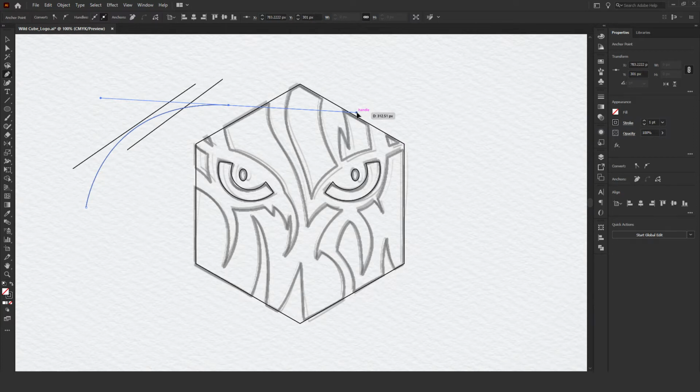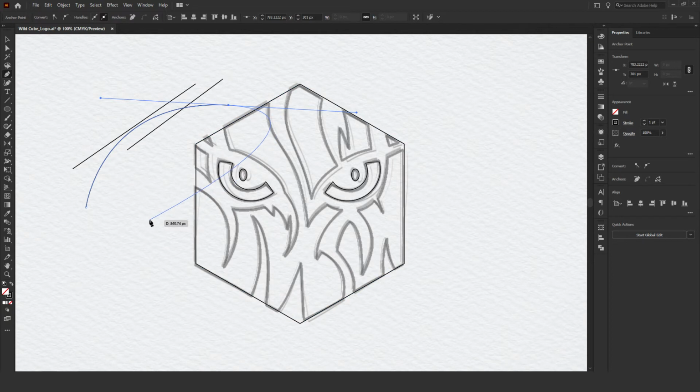If you click and drag, you can see a handle is created. A handle has two parts. This is one part and this is part 2. So this part influences this curve. So what about this part? This part influences the upcoming curve.